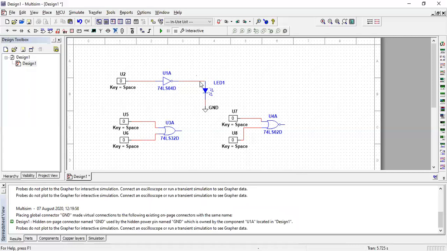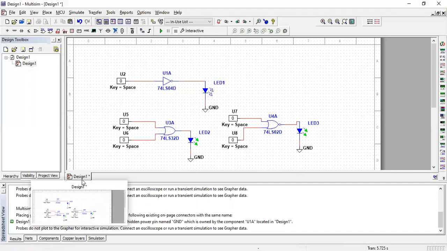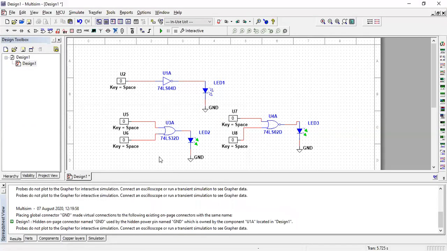To measure output, again we have to use an LED. So this LED is copied and connected to the output of the OR gate, and also it is connected to the output of the NOR gate. As we know, the OR gate and NOR gate are complements of each other. If the input conditions are the same in both the OR gate and NOR gate, the output will be the complement of each other. So let's check the simulation of the OR gate and NOR gate. The simulation is started with this button.